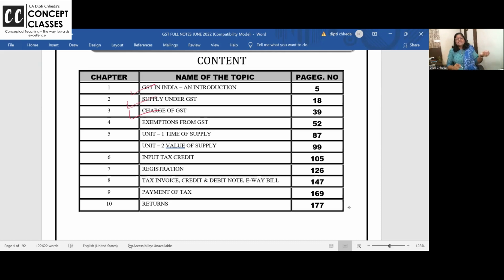Charge of GST is at what rate and how, and what are exempted products, zero rated products, nil rated products and what. On exemption, GST will not be charged. Like on hospital bills. On everything you're not paying GST, no? Right? Then the 5th chapter is the best, the scoring and compulsory problem comes on time of supply and value of